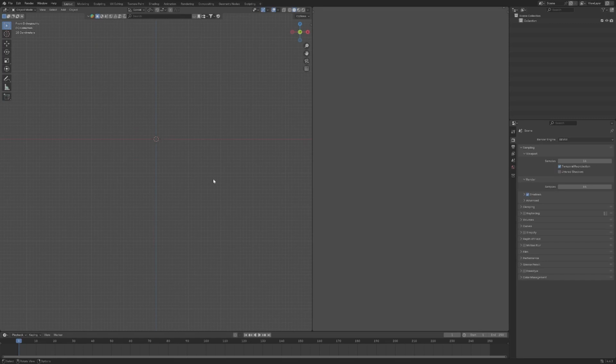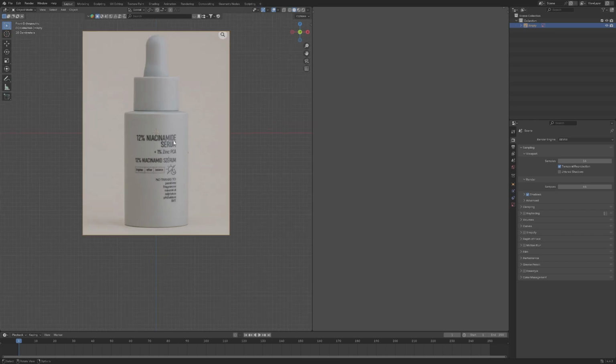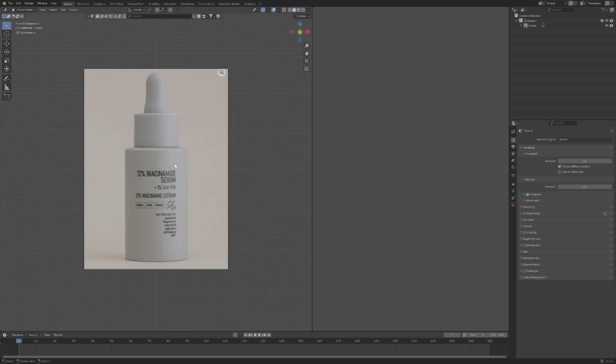Alright, so guys, the first thing I'm going to do over here is add some images and a reference picture, and then from here I want to make a model bottle for a serum or something like that, a skincare thing. It will be an easy tutorial for you guys also. Here I want to show you how to make something like that, and after that I will show you how to make a simple animation for this